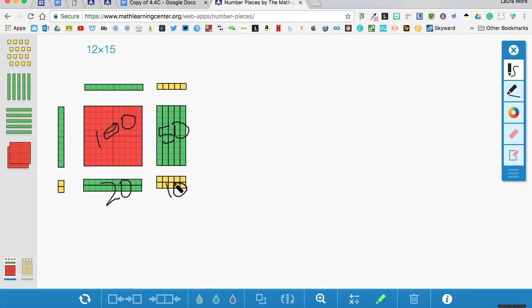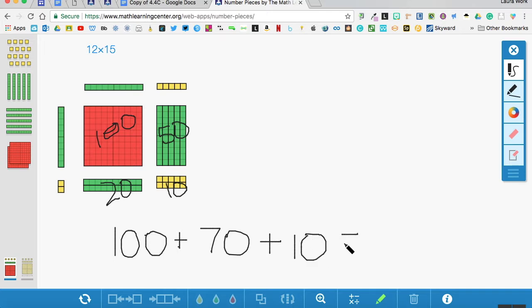So now what I'm going to do is count up all of my 100s. So I have a total of 100 plus, now I'm going to total up all of my 10s. So 50 plus 20, 50, 60, 70. And now I'm going to total up all of my 1s. And that's 10. So now this array is a picture of 170 and 10. So what does that look like? 100 and